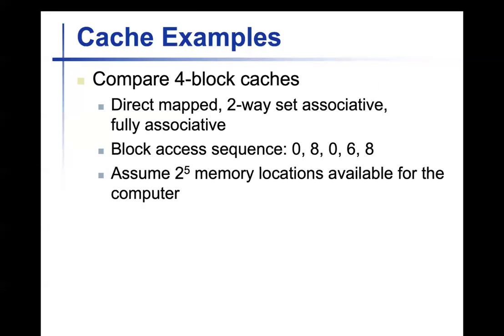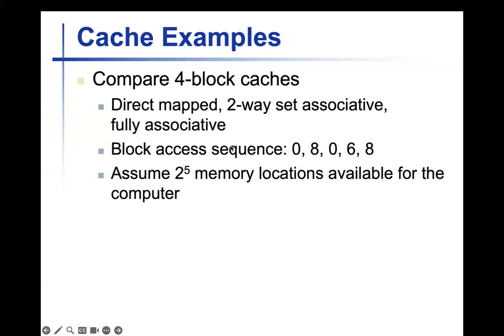Hello everyone. In this example, I'm going to compare three types of cache mechanisms: direct map, two-way set associative, and fully associative. For the purpose of this example, I'm going to use only a cache with 4 blocks available to store data. And I'm going to use a sequence of 5 requests only for the purpose of the example. The request will be